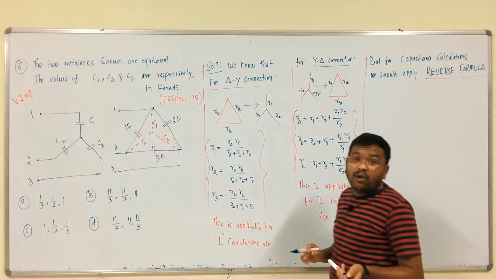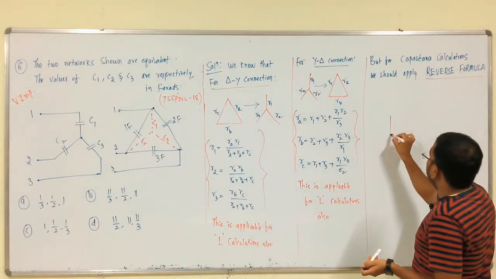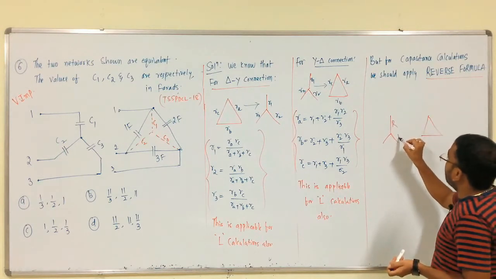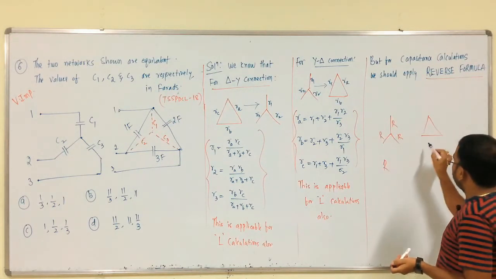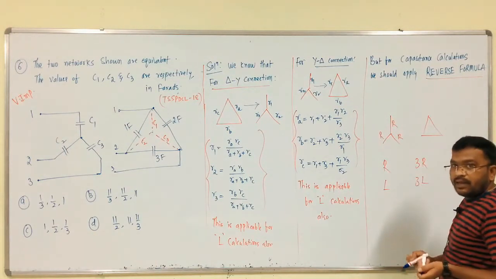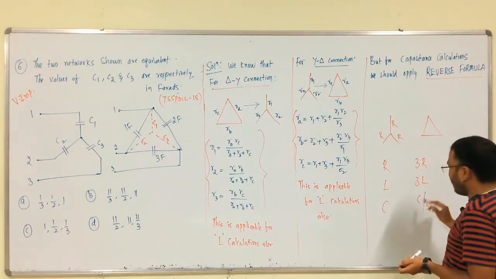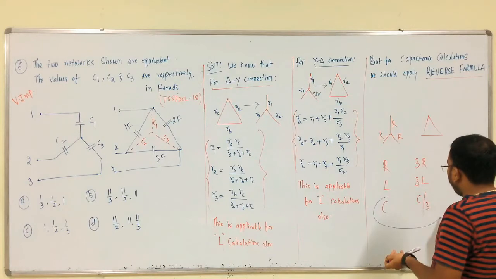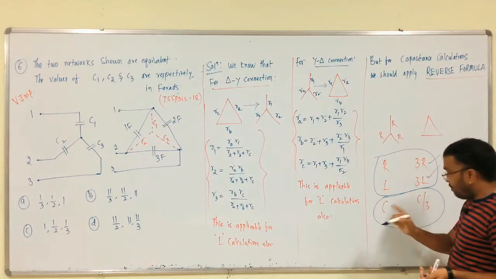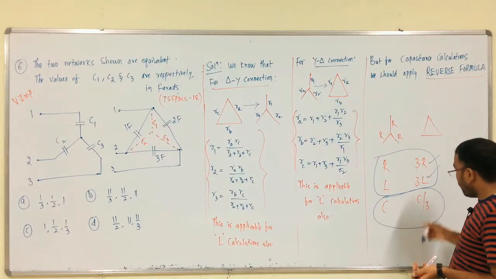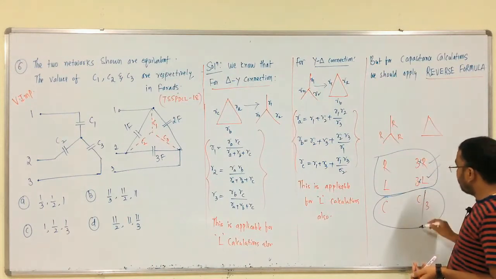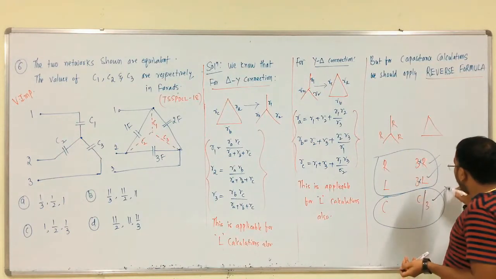In the shortcut table, what you have written, for example, given circuit is star, obtained network is what? Delta. If it is R, then this side we have 3R, right? If it is L in each branch, we have 3L in the delta connected network. If it is C, we are going to get C by 3, right? This is the only different one. Compared to L and R, which are multiplied by 3, capacitance is divided by 3. That is Rietvard's formula.